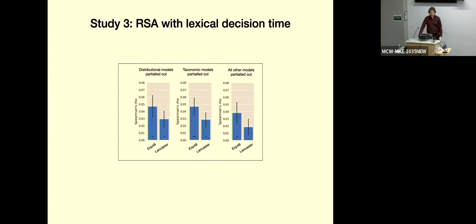And it turns out that even if we remove the variance explained by all the other 6 models simultaneously, everything that Word2Vec, the categorical model, and WordNet explain all together at once, there's still a substantial amount of variance that is explained by the experiential models. Both of them, both X48 and Lancaster, which is a smaller model that has only 9 features.